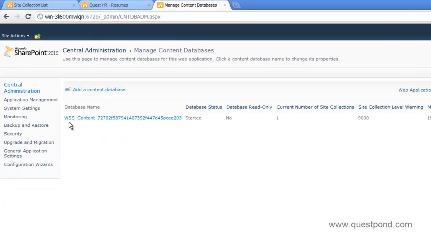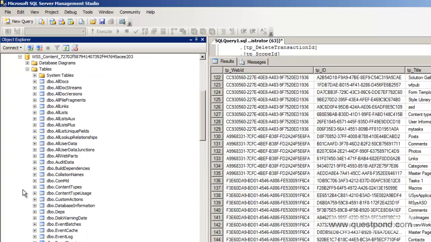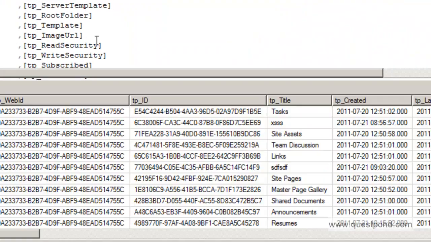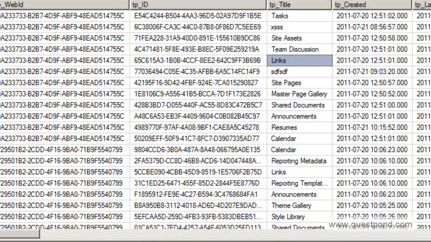And it is stored in WSS_content_72702, right? So let's go to 72702. Let's again go to AllLists. Let's do a select, and we should be able to find a resumes list over here, and you can see that there's the resumes. Yeah, just about it.